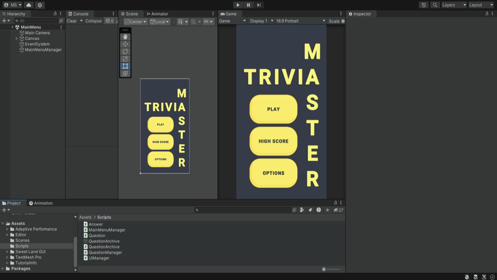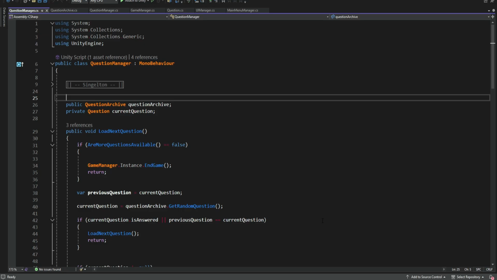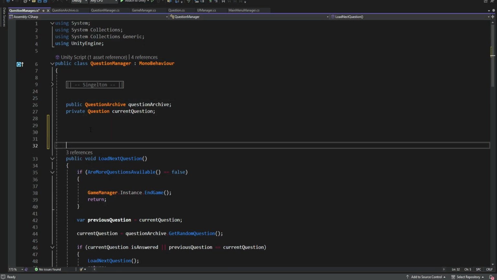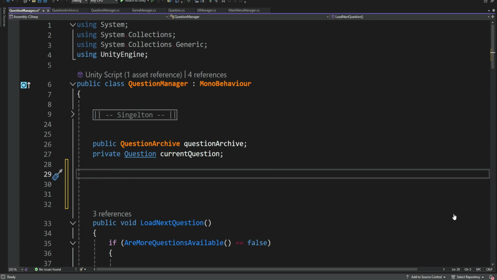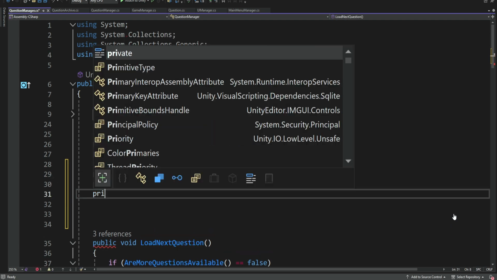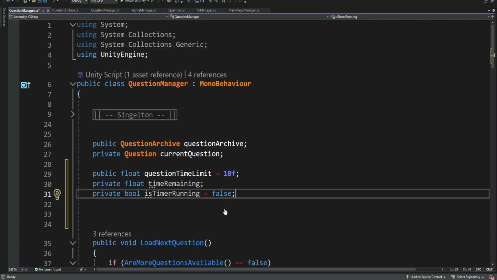So in order to implement this timer, we're going to open our question manager. Inside, we're going to add a few fields related to the timer. So we're going to have a question time limit, we're going to have a float of the time remaining, and we're going to have a boolean to know if the timer is even running. I'm going to set the timer to 10 seconds,